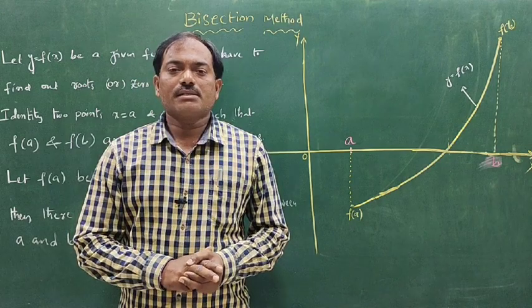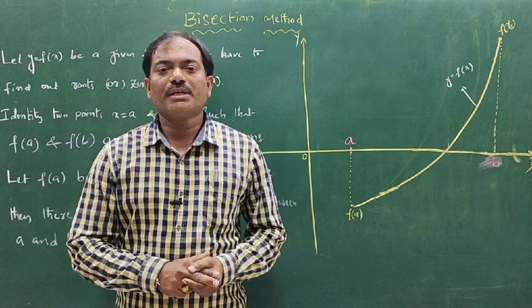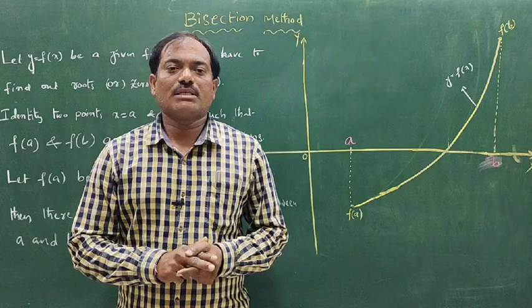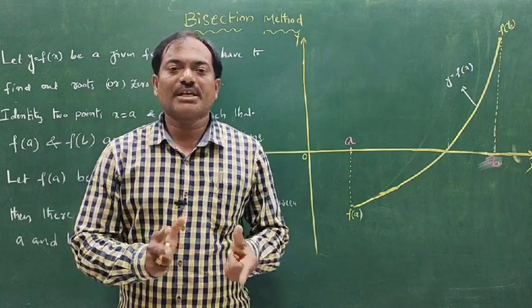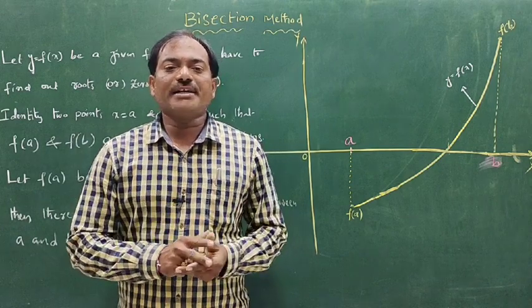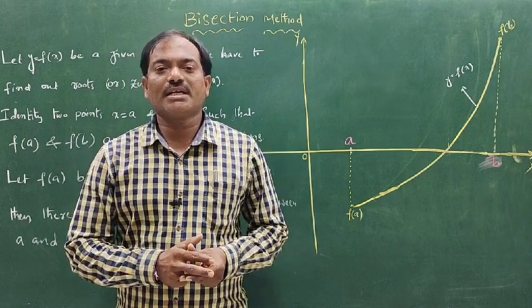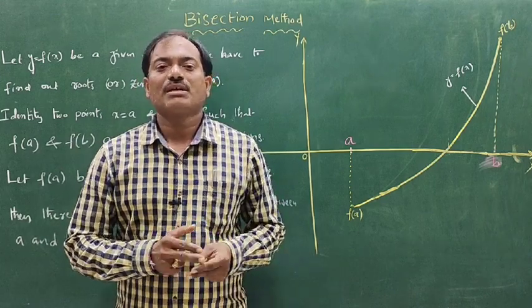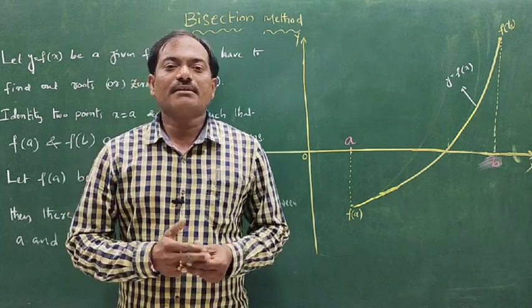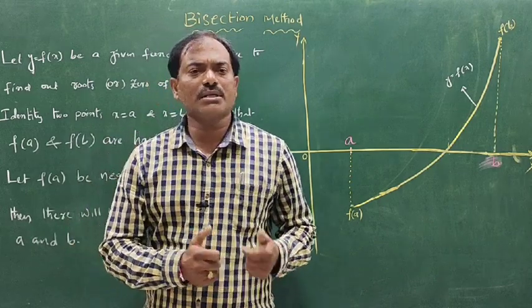So today we discuss the bisection method. In the last class, in numerical methods or numerical techniques, we discussed what an algebraic equation is and what transcendental equations are. And we have to find the roots or zeros of the given equations, meaning algebraic equations and transcendental equations, by using some of the methods. Among the methods, the bisection method is the first one, and this is a very simple method.